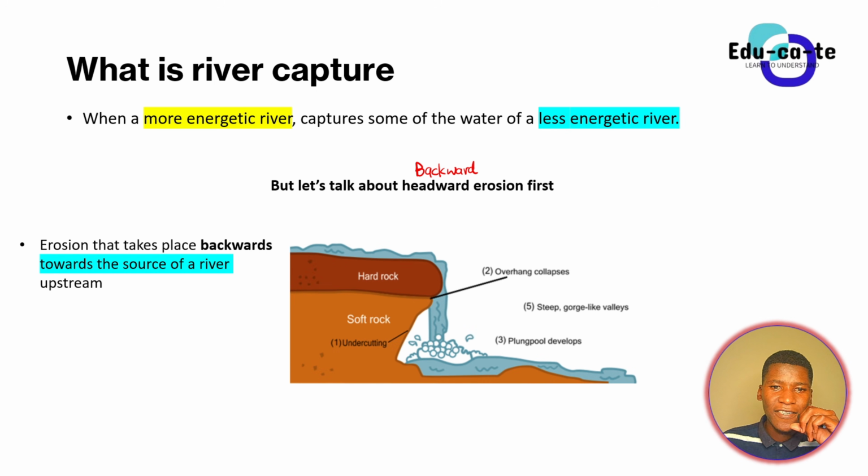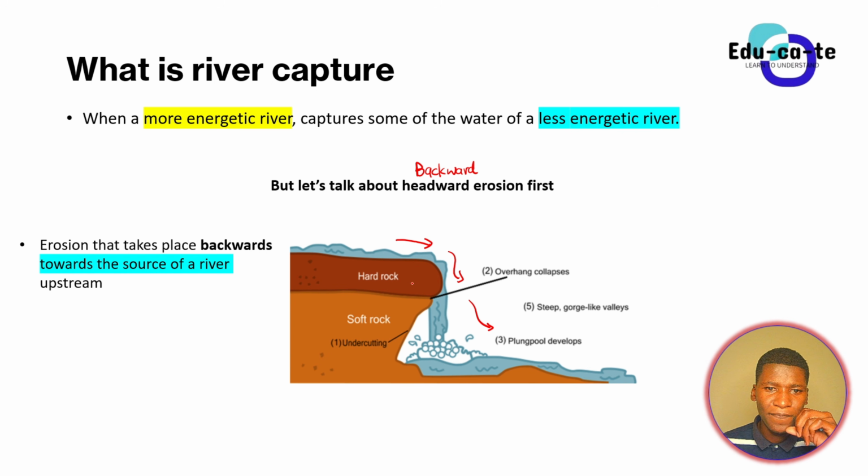Let us look at this. This is an image of a river that is basically flowing towards that direction. So in other ways, we can just say it is flowing to the right, to my right, of course, to my right in the screen. So the direction of flow of the river is towards the right, but the river will erode backwards towards the left. What actually causes this?